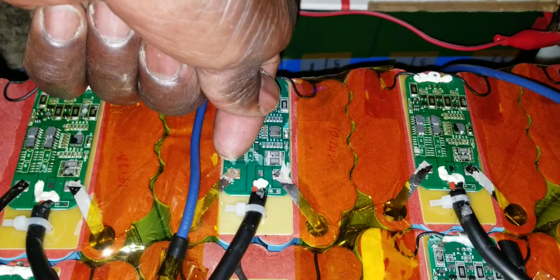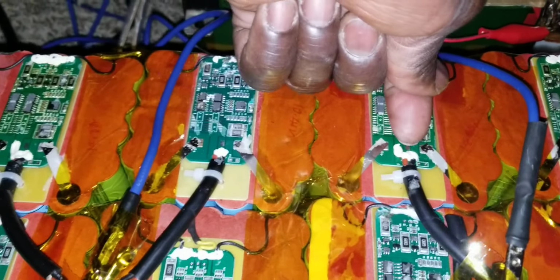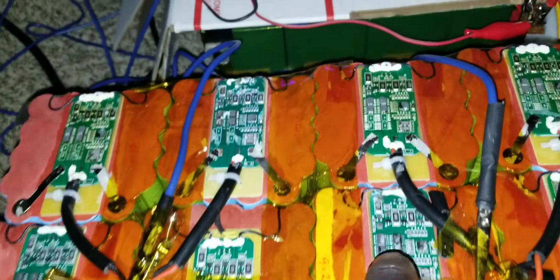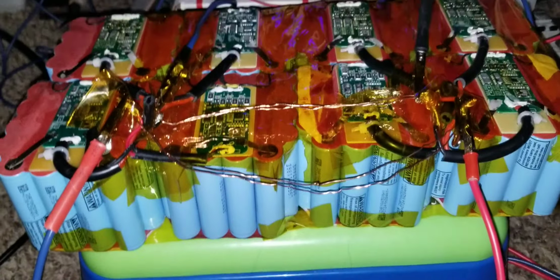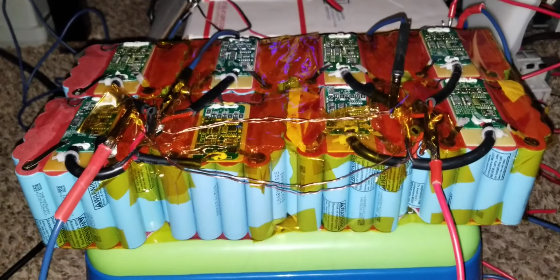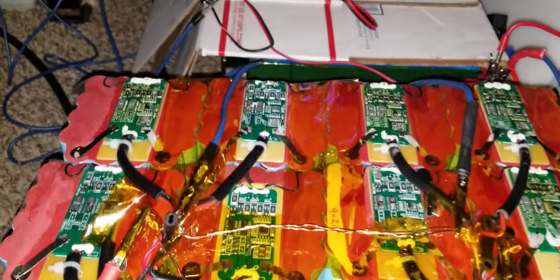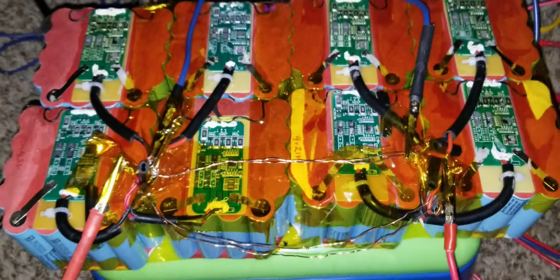So it seems like the BMS is a little happy. These two are the ones, two batteries here and there. Those modules are the ones getting really iffy a little bit, maybe due to the balancing. Let's go to the